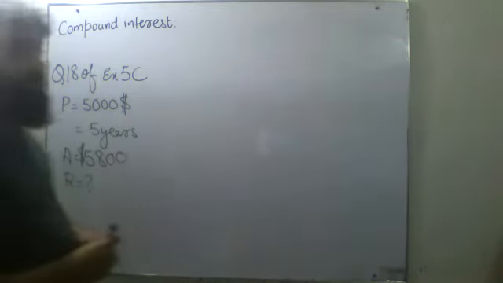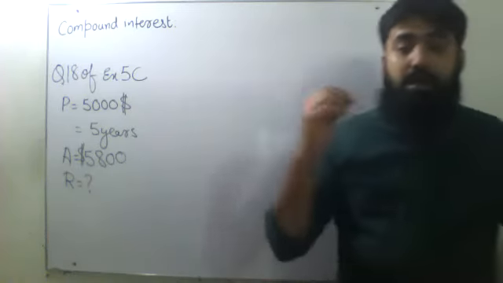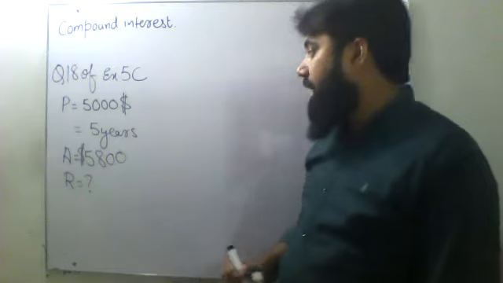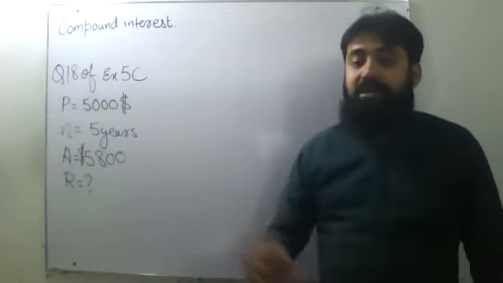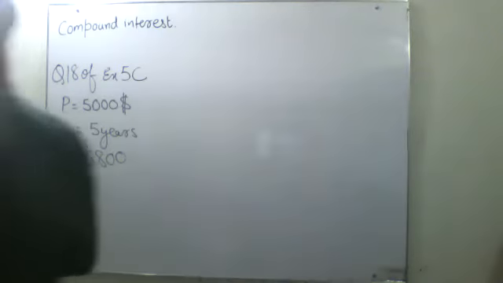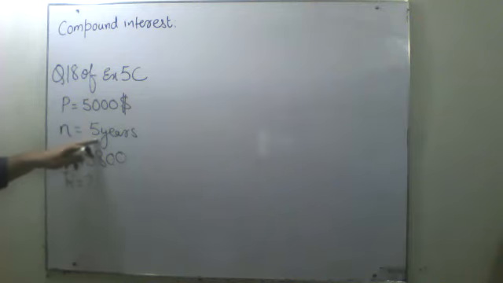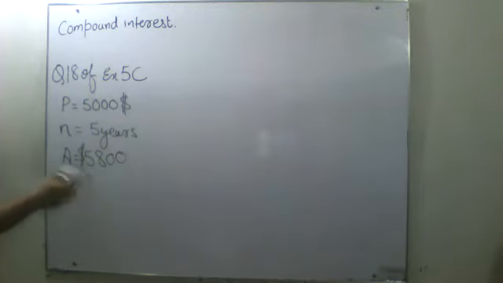Okay. Now they were saying it is compounded yearly. Whatever the interest was, it was compounded yearly. That's why I'm writing 5 years as n. If it is compounded in something else, for instance monthly or quarterly, then I will not write 5 years as n. I will explain to you when that question comes, when you are going to write years not as n. So this is the scenario. I have to find the value of R right now.